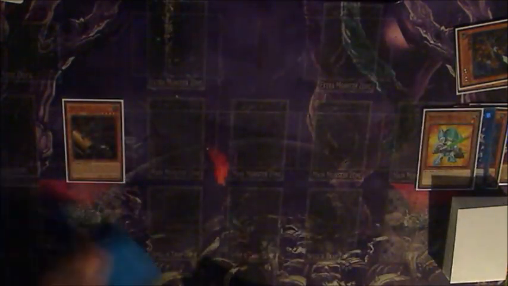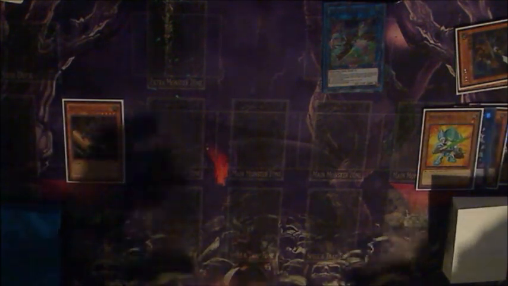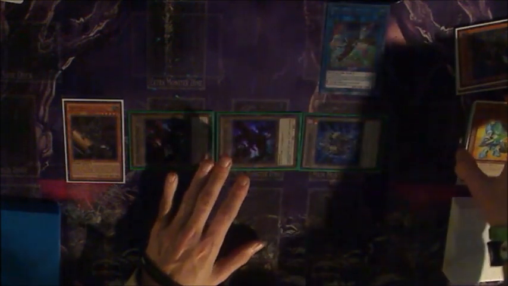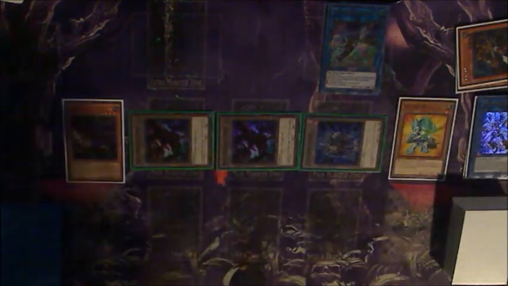So now we will link our Halqifibrax and our Deskbot into Mecha Phantom Beast Auroradon. And then on summon of Auroradon, he will summon 3 tokens. And now it's important to the combo that we don't have Zombie World up whenever these tokens are summoned, because Deskbot's effect is whenever 2 or more machines are summoned, he can summon himself from the graveyard. So then he'll summon on the summon of the tokens,